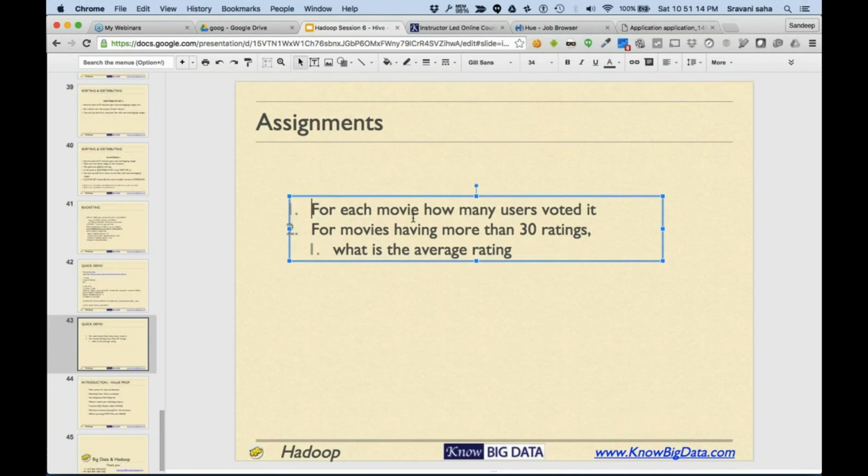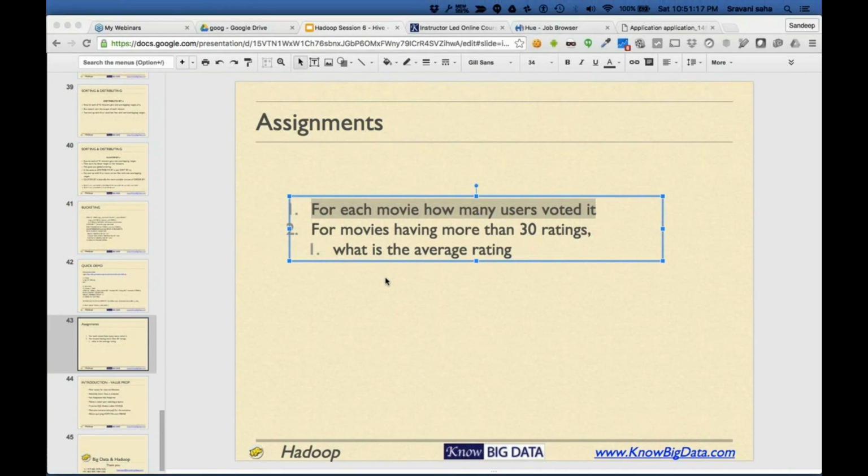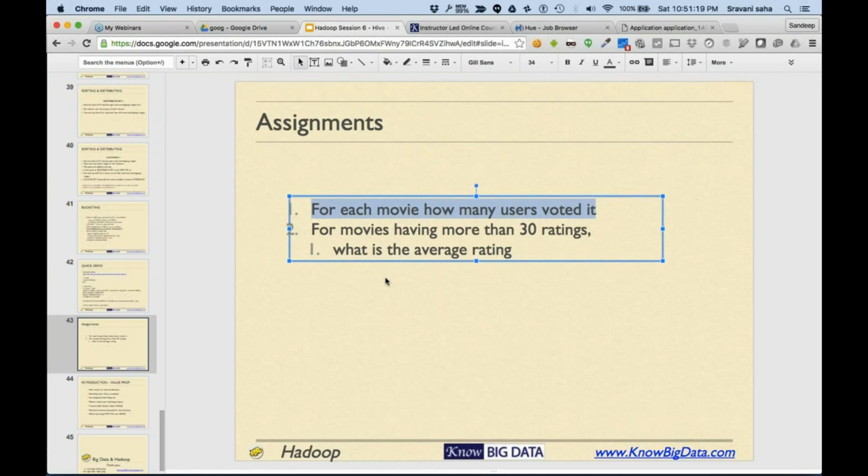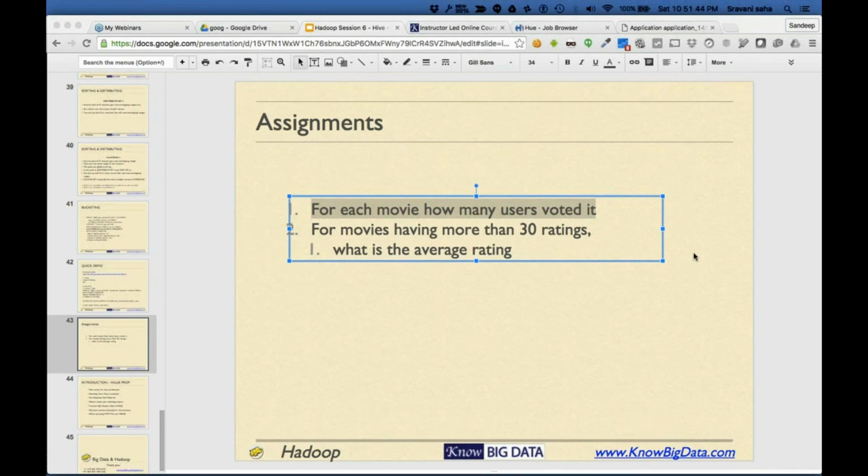First find out for each movie how many users have voted for it. For each movie, how many people have voted for it. Now for the movies which have been voted by more than 30 people, what is the average rating? These two problems are the assignment for Hive.